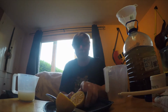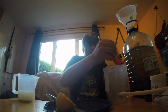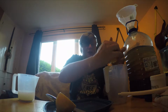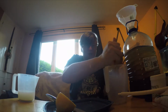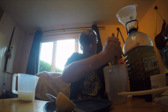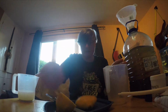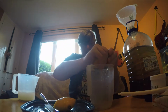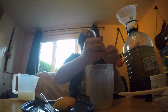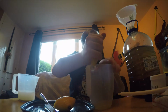There you go. I sterilised this earlier, I just forgot to bring it in. Right, what you want to do, instead of pouring it directly in there, because you don't want the lemon pips in there, you want to pour it into a separate vessel to begin with. If you've got a juicer, even better. I haven't, so I'm just going to give them a good squeeze. Try and get as much juice out as you can. And the other one too. This will help the yeast